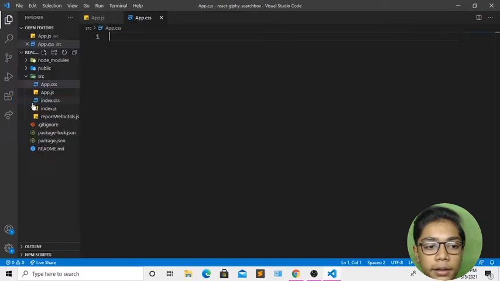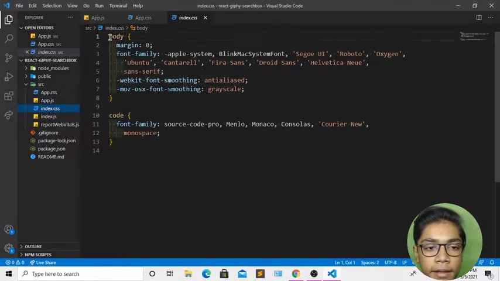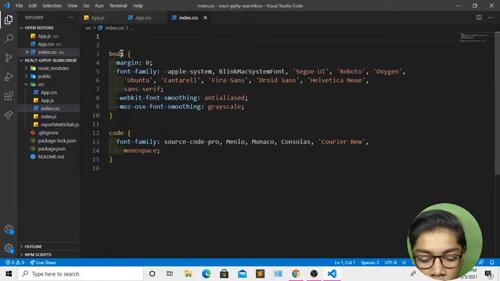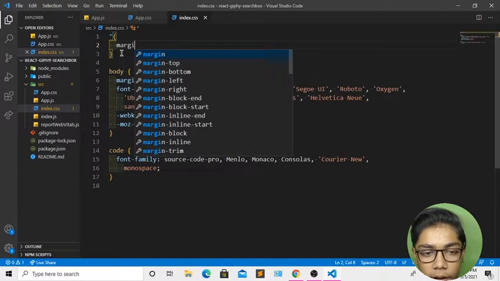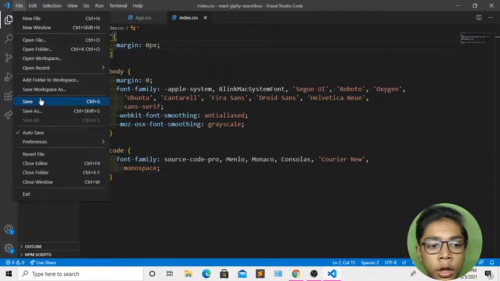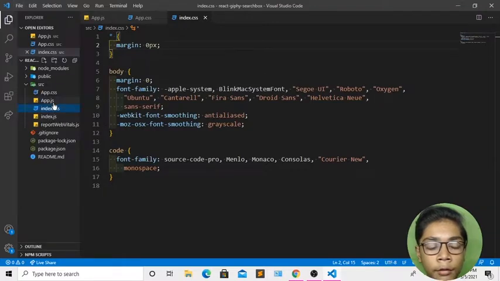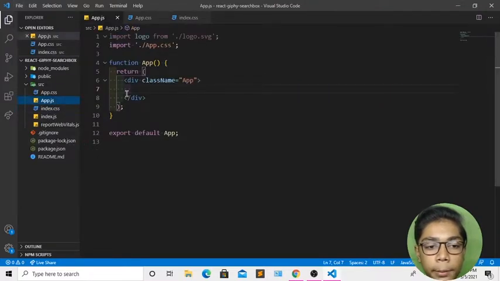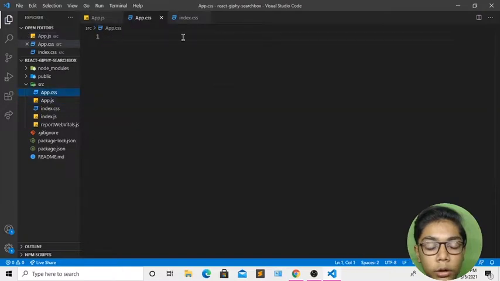And here I will be hitting save. Go to index.css, go to the top and write margin. Margin I will be needing of 0 pixel, or 0 you can write. So you have to hit save, and you have to go to your file which is called app.js, which we will be working on later on. So I'll be going to app.css